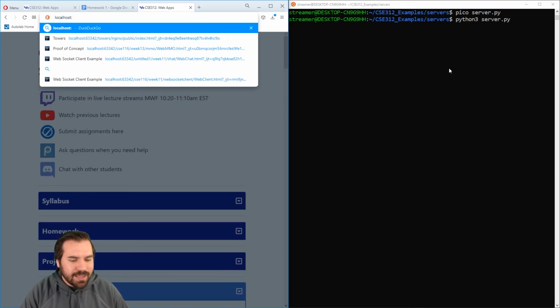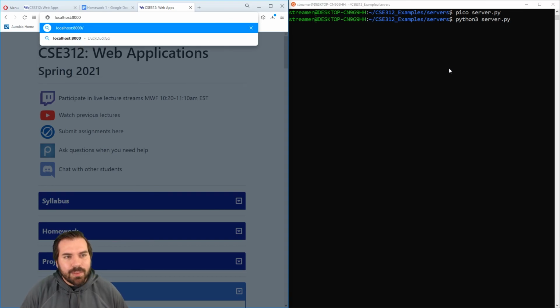So in the end, fundamentally, under the hood, what a web browser is, is a TCP client. It's going to initiate those three-way handshakes, connect to other devices on the internet, and then communicate with that device. Now, usually this is connecting to a web server, speaking TCP, and then speaking HTTP on top of that. So if I go to localhost 8000, which is where my server is running,